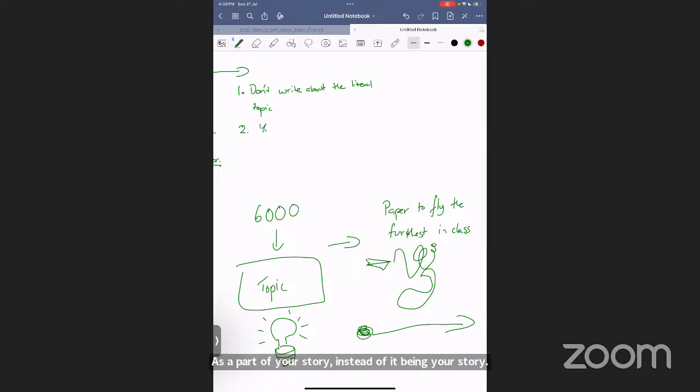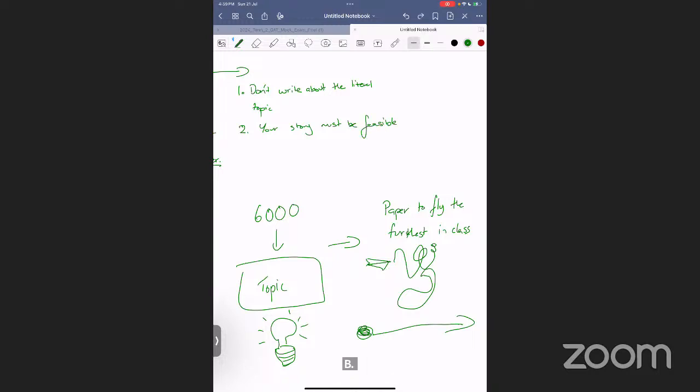Rule number 2, your story must be feasible. So what does that mean? Feasible means, is it realistic? Is my story likely to happen? Is it possible for my story to happen? So for example, let's just say